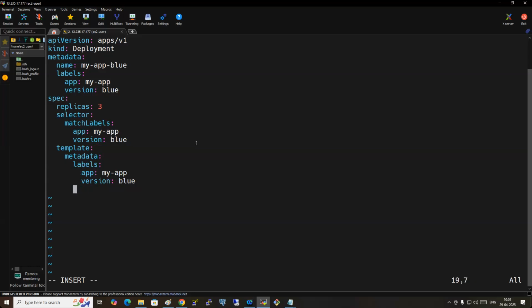This spec should be under template, spec inside it. Containers. Next, hyphen name. What's the name? myapp. And then image. I go with trainer ria / which one? ib-image: